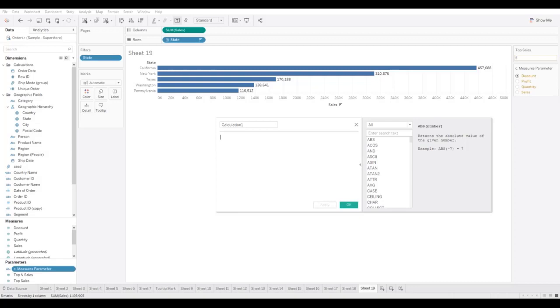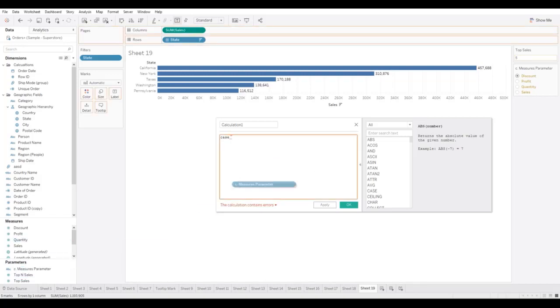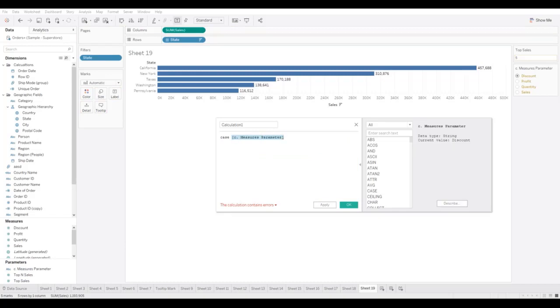So the way the calculation goes is we're going to type in case, and then we're going to type in the name of the parameter. Either you can type in the name, or you can always drag and drop the name right here. So we're going to say case and then the parameter, and we're going to go to the next line and say when, and put in quotations, when discount, then give us discount, when profit, then profit, when sales, then sales, and when quantity,